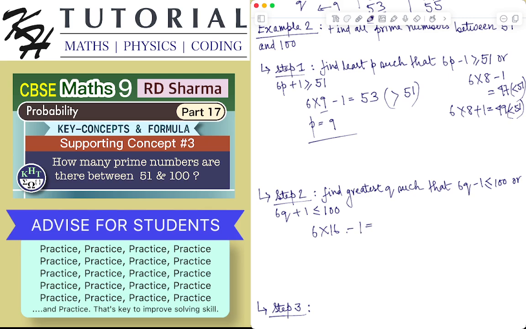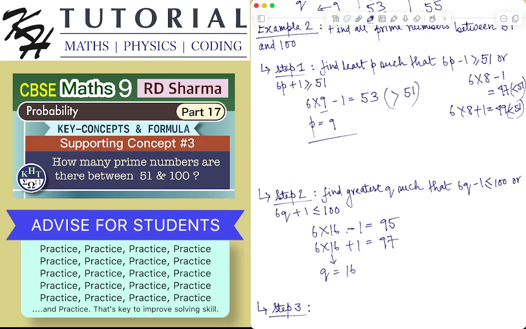Minus 1 is 95, and 6 multiplied by 16 plus 1 is 97. So can we say that q will be 16? Is q the largest